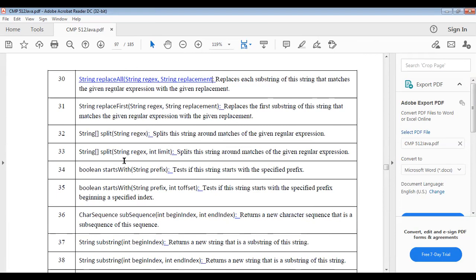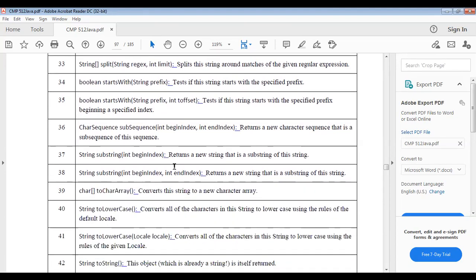There is also replaceFirst, as well as split, around matches of the given regular expression. Boolean startsWith(String prefix) tests whether the string starts with the specified prefix or not. String substring, with beginning and end index, returns a new string that is a substring of that string.